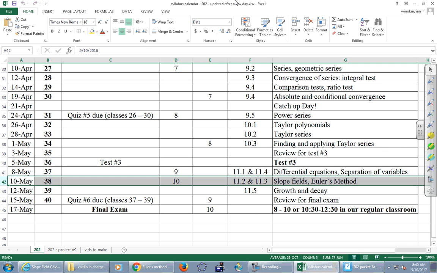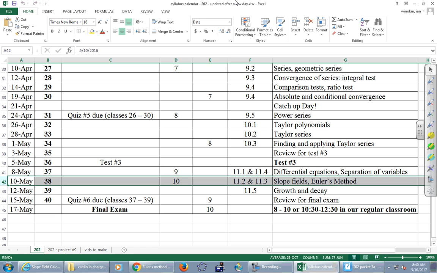Today, class number 38. We've got today, Friday, and Monday is the last day of classes for the semester. Hopefully you're working on project number 9. That's going to be due Monday coming up. I have just handed out project number 10, so grab one from your tables. That is going to be due at the start of the final exam, which will be Wednesday, a week from